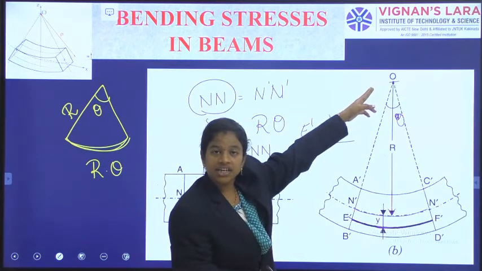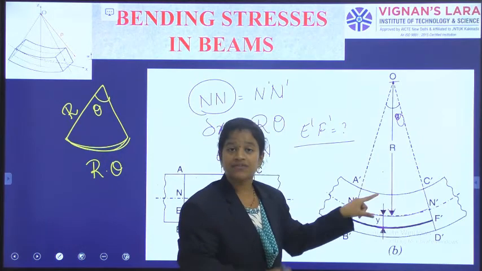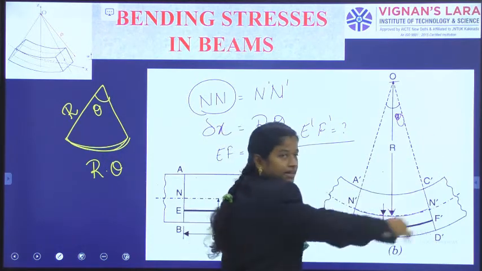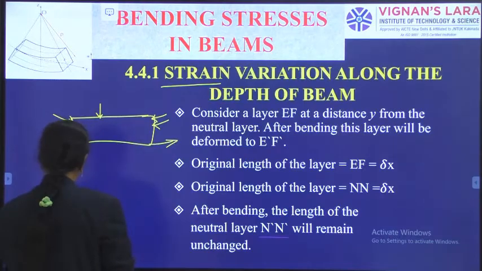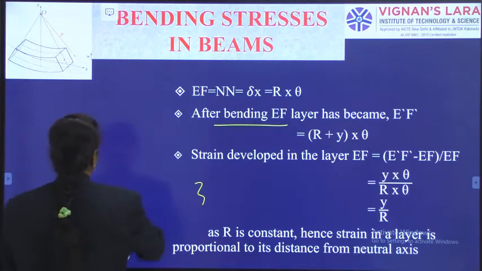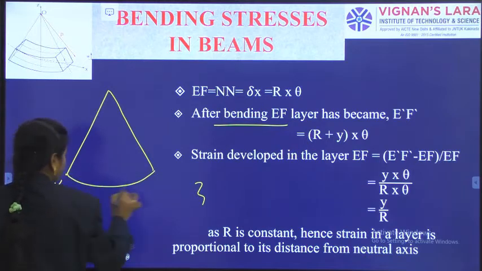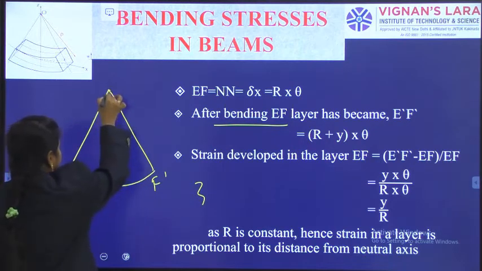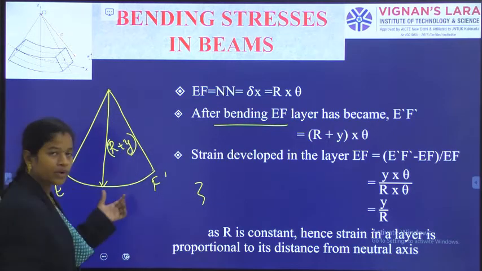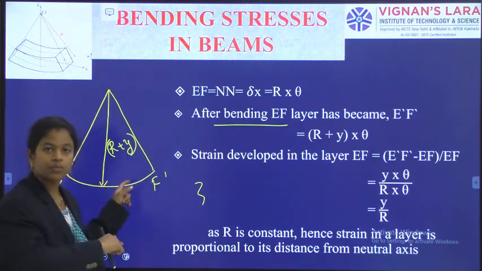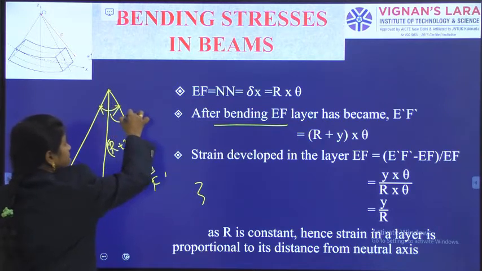From the center of curvature to the layer EF, I am observing r and y. So r plus y is the radius of this particular curve. Now I am taking this E dash F dash only, and it has the radius r plus y, right? So we have said it is at a distance r and also below y. So r plus y is the radius, and the included angle has not at all changed, that is theta